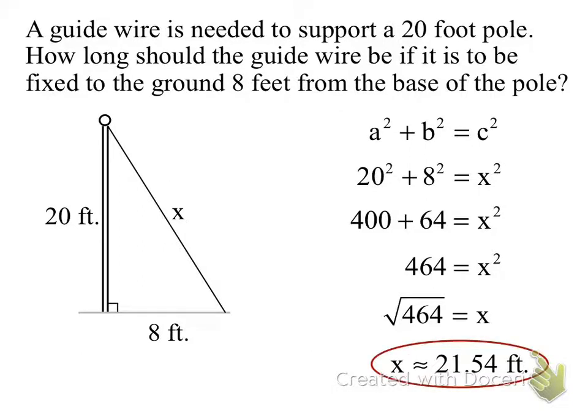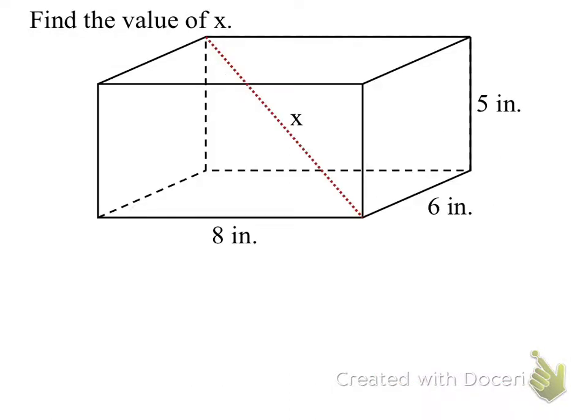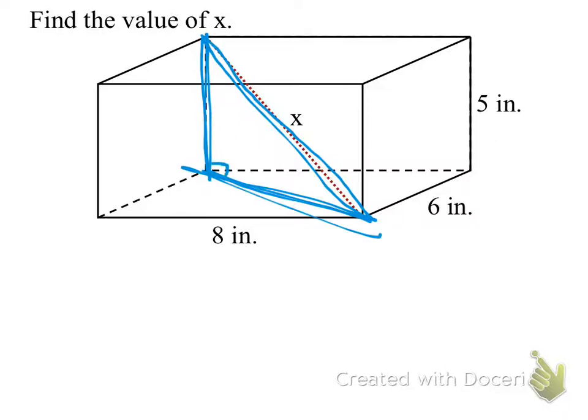okay, now I have one more problem I need you to do. Do not pack up. Don't shut your book. Okay, this problem really involves two problems. To find this diagonal, notice I've got this line right here. I know this line. So the line I'm missing really is here. Now, that's 5. And that leaves me with two unknowns. This is unknown here, and this is unknown here. So before I can do that,